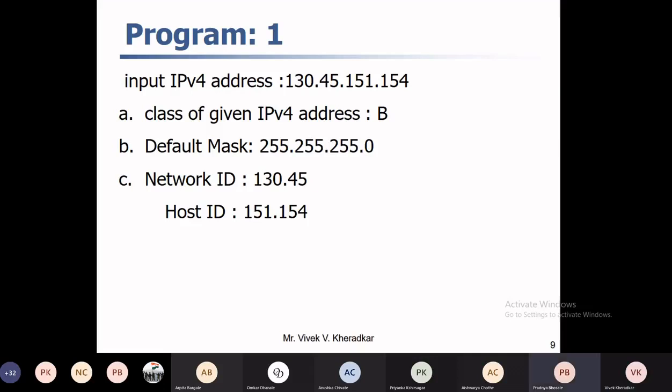Yes, the number between the dots should range between 0 to 255. As you know, there are 4 bytes, so every byte value should be from 0 to 255. If the value for every byte is greater than or equal to 0 and less than or equal to 255, then it is a valid IP address. If any value does not fall in this range, it is not a valid IP address. Okay, so this is the first part.